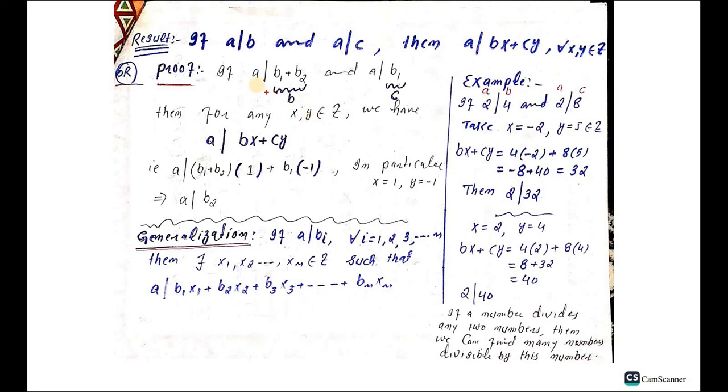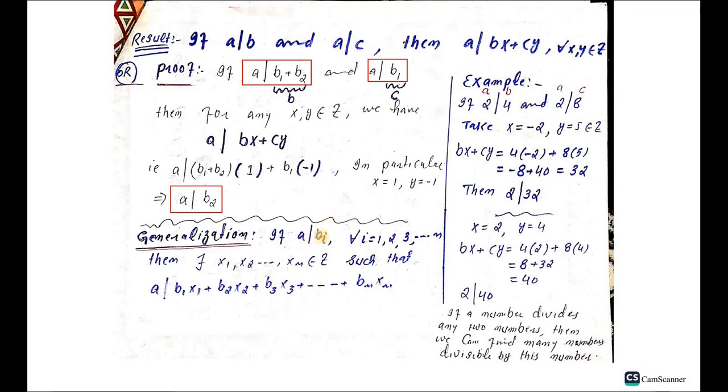यहाँ पे अगर हम देख ले तो a divide कर रहा था b1 प्लस b2 को और a divide कर रहा था b1 को। तो हमने साबित करना था कि ये a b2 को divide करेगा। तो यहाँ पे हमने साबित किया कि a b2 को divide करता है। तो इसको प्रूव करने के लिए हमने इन दोनों का b1 प्लस b2 का और b1 का लीनियर कॉम्बिनेशन लिखा, x और y की in particular वैल्यूज पुट किए और b और c की वैल्यू पुट के सिंप्लीफाई किया तो ये रिजल्ट हमें मिला।